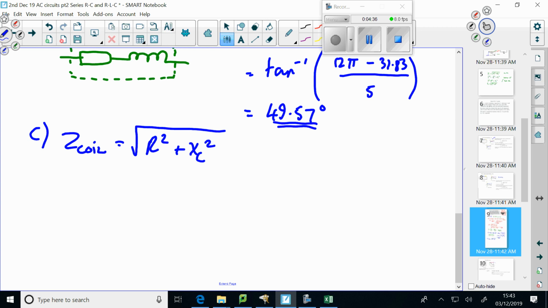That's the impedance of just the coil, which is a resistance and an inductor in series. So that is 5 squared plus 12 pi squared equals